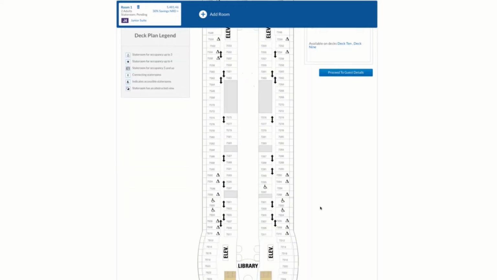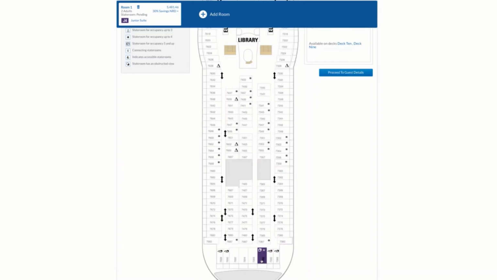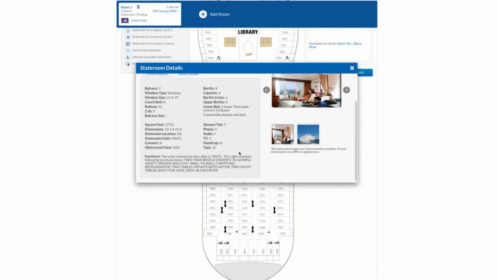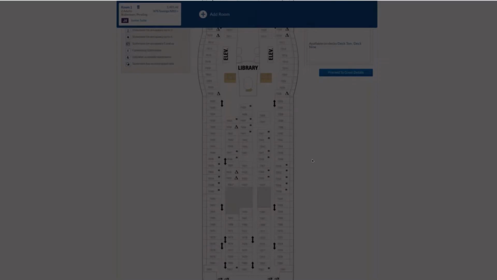So once we find a stateroom that works best, we're going to click View Details, and we're able to see the details of the actual stateroom and the different features. We can view the amount of berths, couch space, and a detailed description of the stateroom. So if we're satisfied with our selection, we can then hit select, and